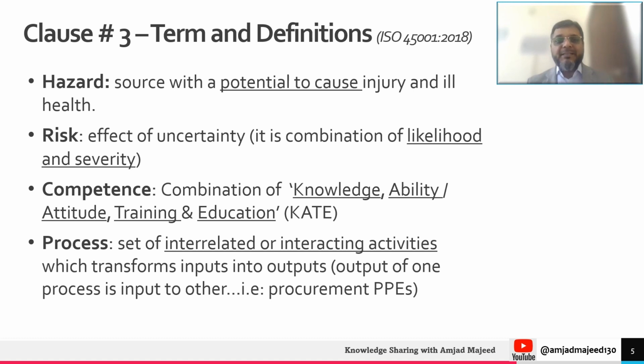Now, the purchase has run their process, and after that, they have raised the PO. The PO is output from procurement. It will be input to stores. The stores will then chase the supply to get it as soon as possible as per the terms and conditions. So this is called interrelated or interacting activities. There is an output from one process and it is an input to the other. So in short, that is what a process is, and this is how we normally interpret it in